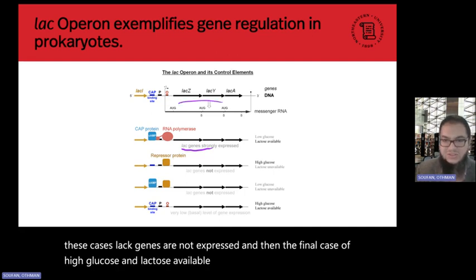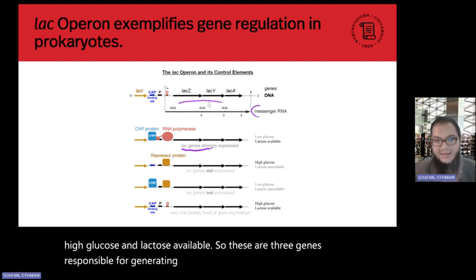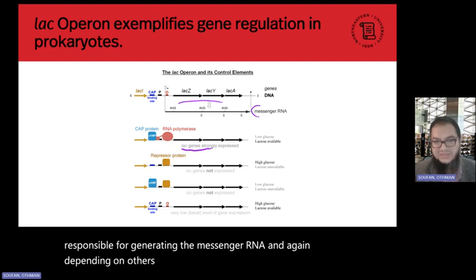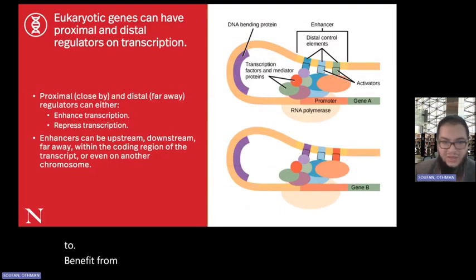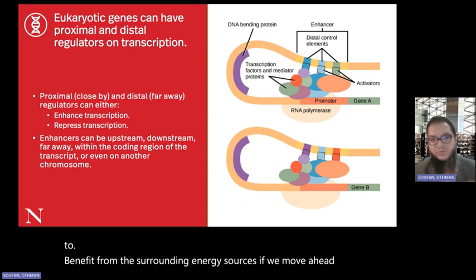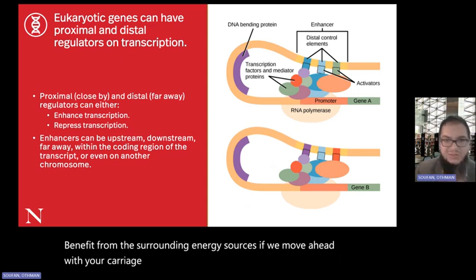So these are three genes responsible for generating the messenger RNA. And again, depending on other sets of proteins that regulate the expression here, we can see in this example how E. coli is going to benefit from the surrounding energy sources. If we move ahead with eukaryotes versus prokaryotes,